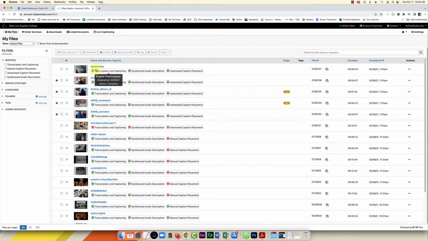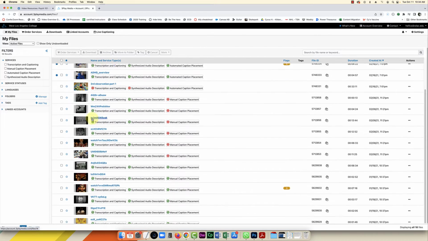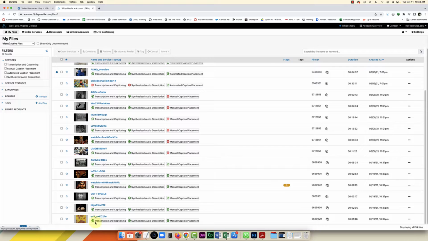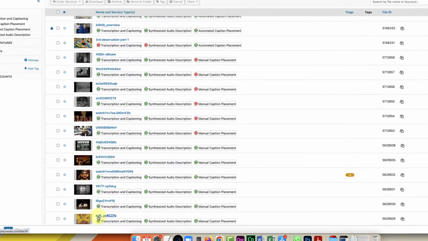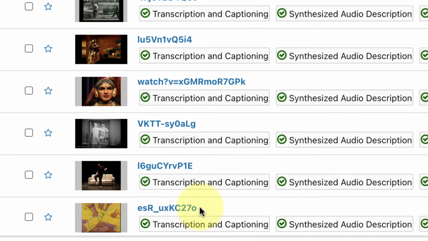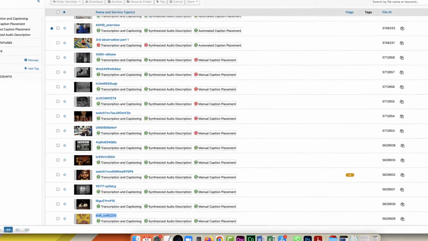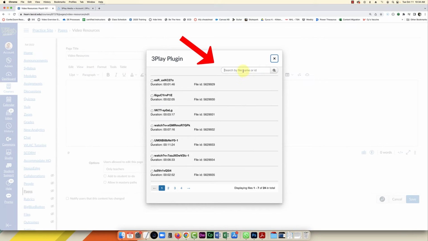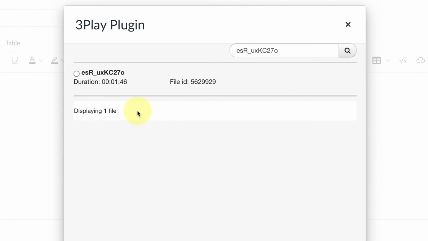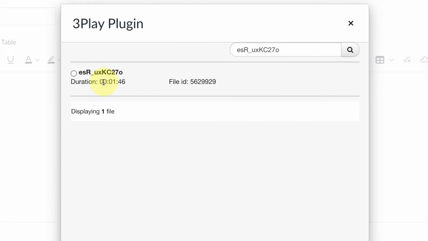If it's easier for you to look at the thumbnail to select the video, then this is a good idea to have this open so you can go down. So for instance, I want to select this video here. It's got this title, which I believe is just the YouTube video code here. So I'm just going to copy that title, go back to Canvas, and in the search I'll paste it in the search and click on the little magnifier glass,